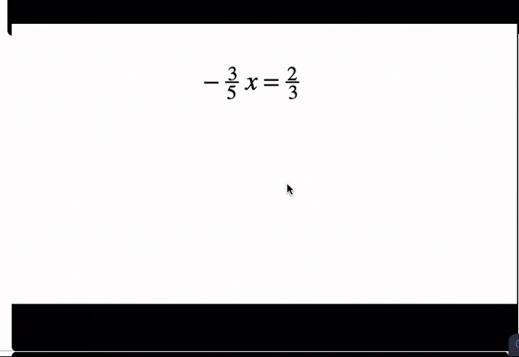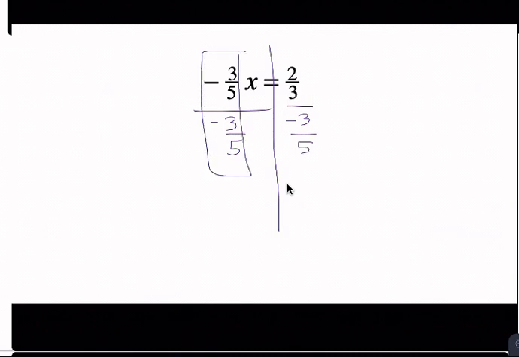So the first way that we can do this is just the same way that you would solve any other equation. I'm looking at this negative 3/5 x, and that negative 3/5 is multiplying by x. So to undo multiplying by negative 3/5, I'm going to divide by negative 3/5. This makes a 1. Negative 3/5 divided by negative 3/5 is 1, so 1x equals